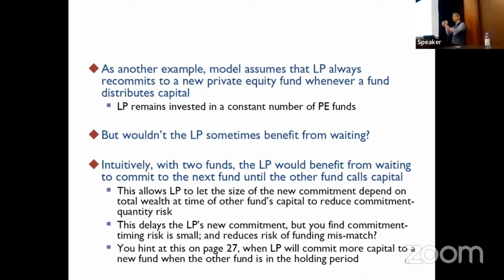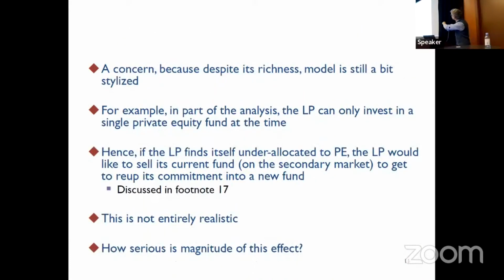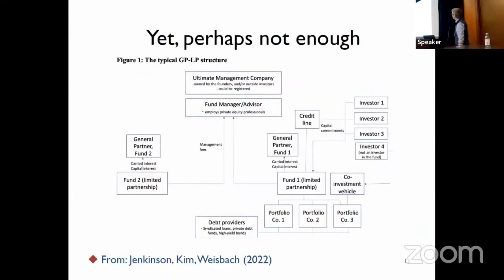And I suspect that the investors may sometimes benefit from waiting. The reason for that is by waiting, you can get the uncertainty in the other fund resolved, and that will help you better determine the amount you want to allocate to the other fund. So I think there can be a benefit from waiting. Now, they don't allow for that in the analysis, and I'm not convinced that the economic effect of this is large. There's a hint in the discussion that suggests that this could be relevant. And again, it would be great to have a better intuition for this, but again, the intuition for what is going on is in here somewhere. So it would be useful to get a better understanding of the economics that is driving the analysis.